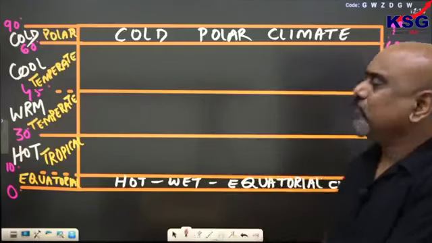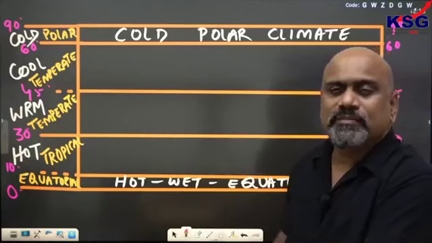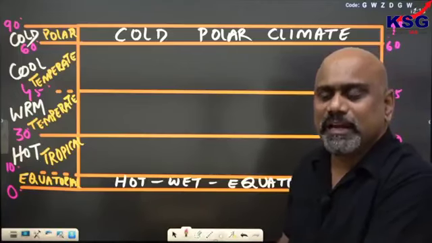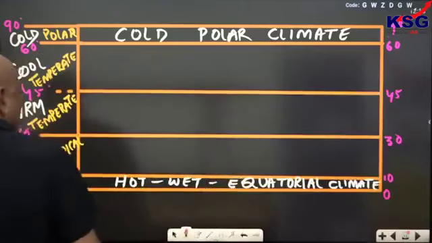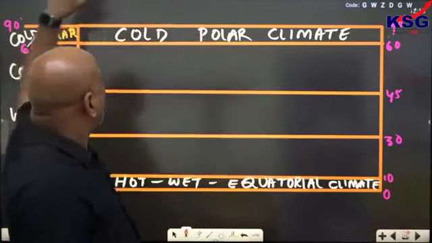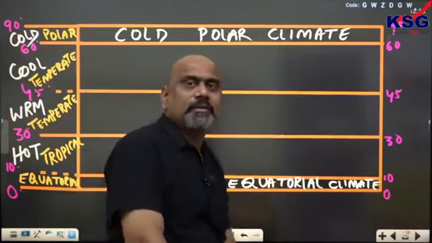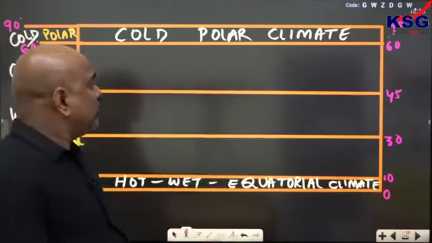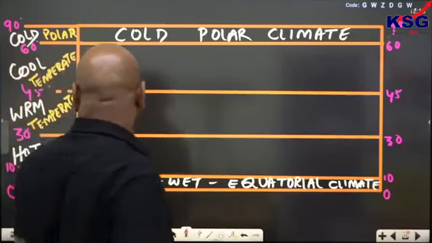which is extending from the equator to the pole, 0 degree to 90 degree. I am taking an idealized condition here. Then 0 to 10 degree, definitely I will have the hot wet equatorial climate uniformly throughout, and cold polar climate 60 to 90 degree. But in between, if this is a continent, then let us say both sides you have